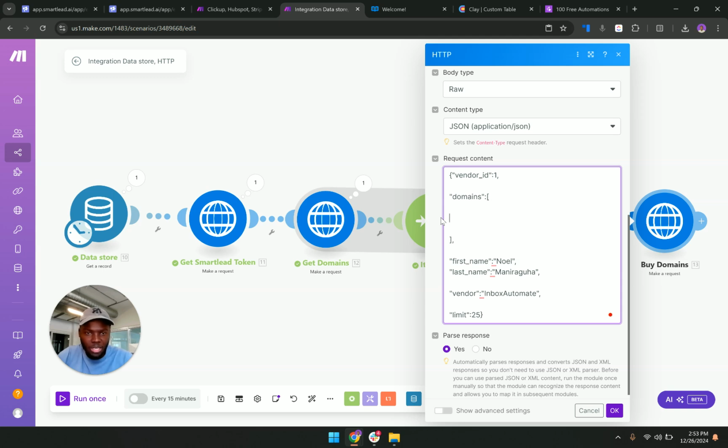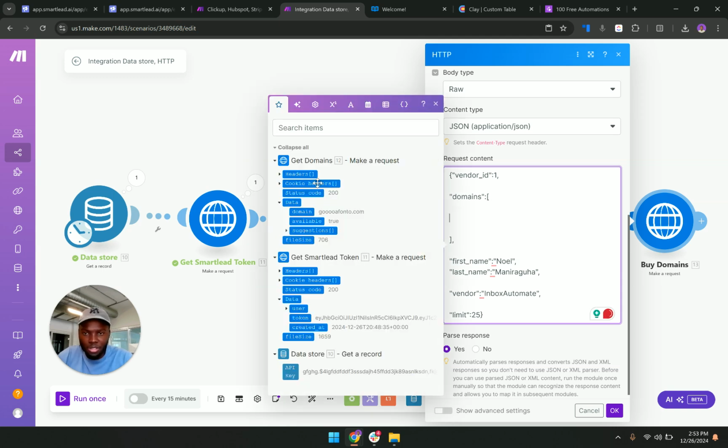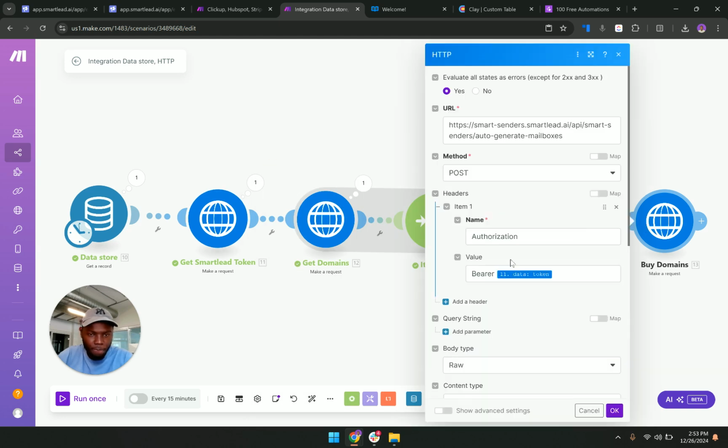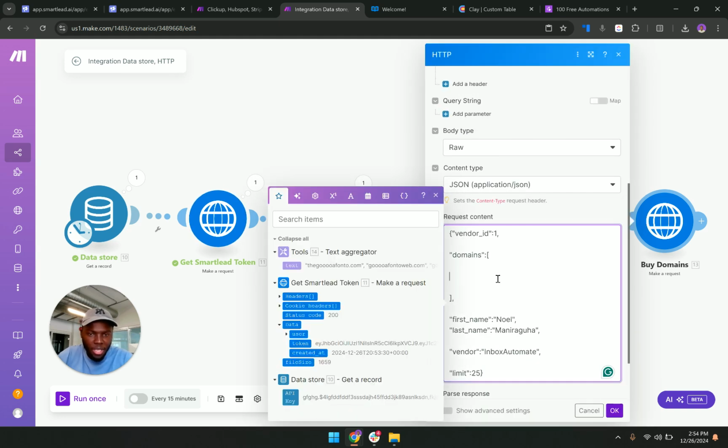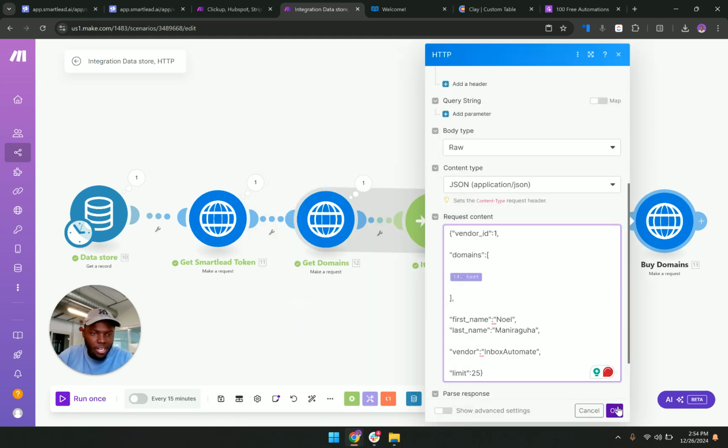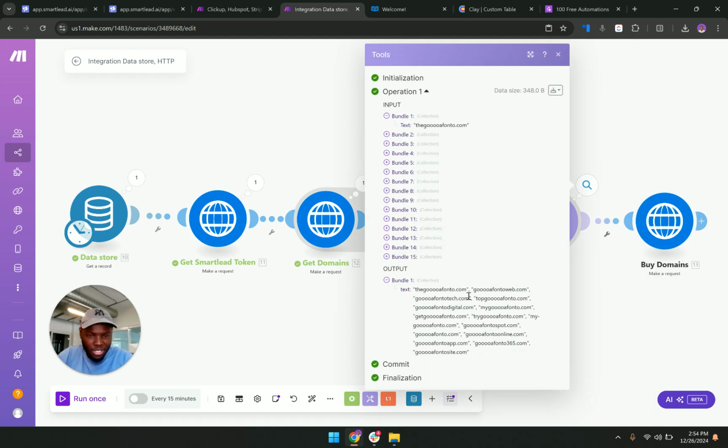So boom, how do I do that? Oh, it's here. That's not working. Domains. Okay, so there they are. Now something that I'm thinking about is, what if we just want to purchase like 5? If we just want to purchase 5,